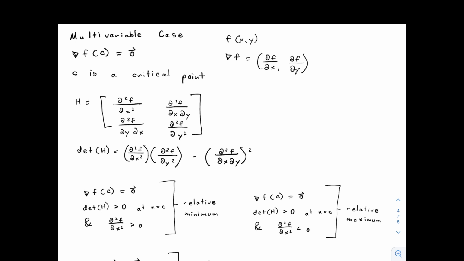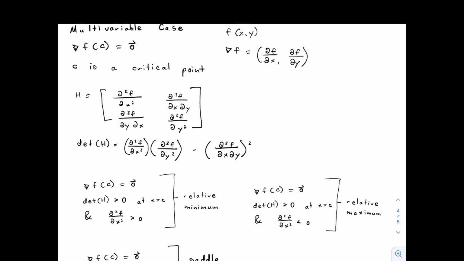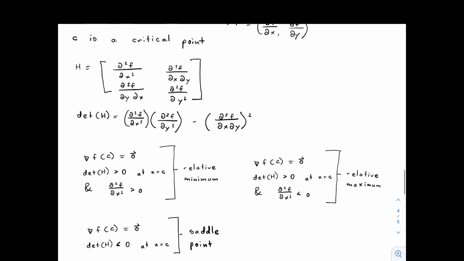So this is the first component of our vector and the second component of our vector and so on. We then set this gradient equal to 0, and we have to solve a system of equations to find our critical point. We then have an idea, the Hessian matrix, which is analogous to our second derivative in the